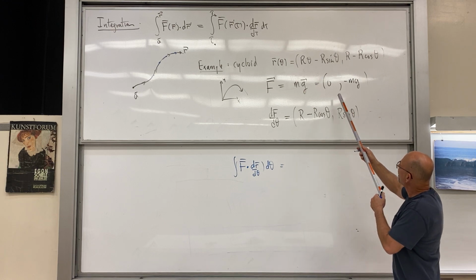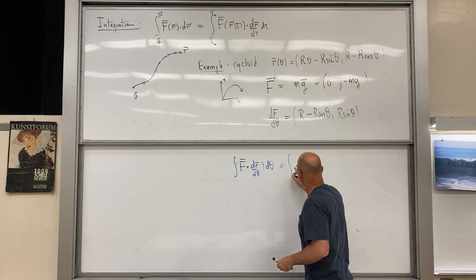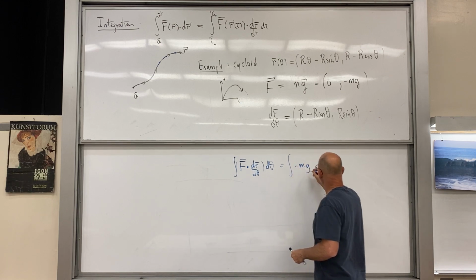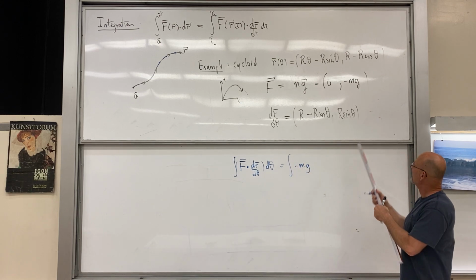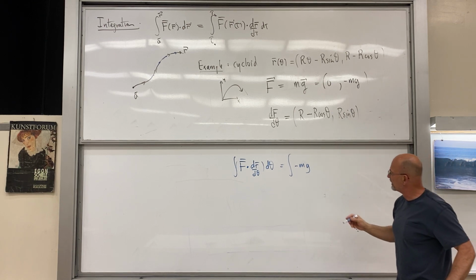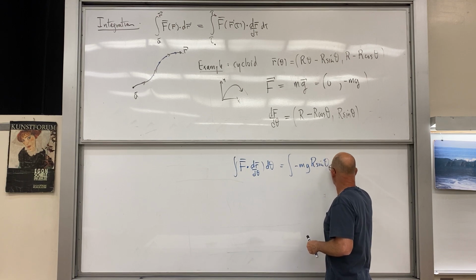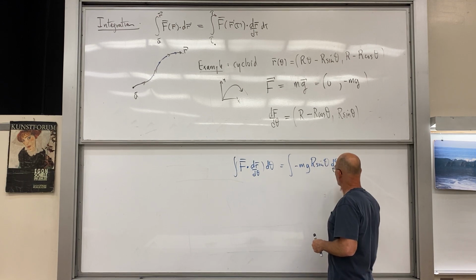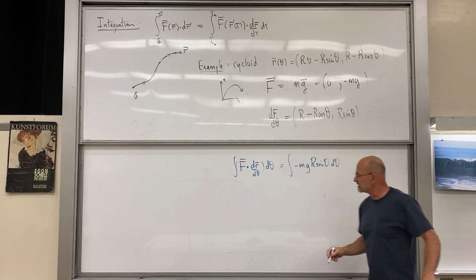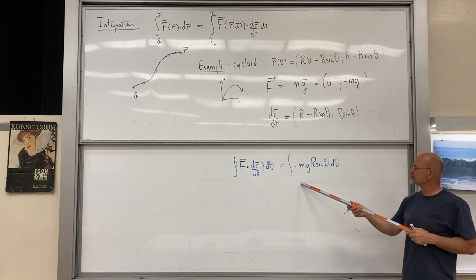So the dot product is going to have minus mg and the R sine theta. Right? This one gives a 0. D theta. And yeah, obviously if we went from 0 to 2 pi,